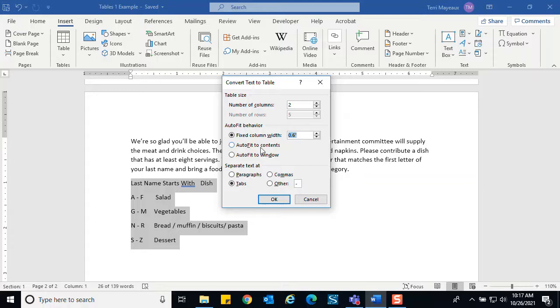Or I can say I want to auto fit to the contents. Now here is where it's a little bit different from the dialog box where we used to create tables before, and that is, how is the text separated? So what goes in one column and what goes in the next column, how is that separated? And it could be that it is separated by paragraph marks or by commas, or in this case, tabs, but